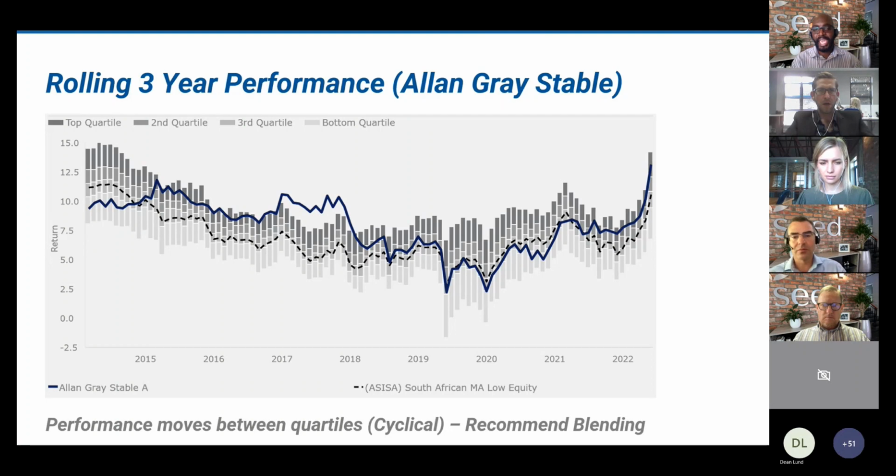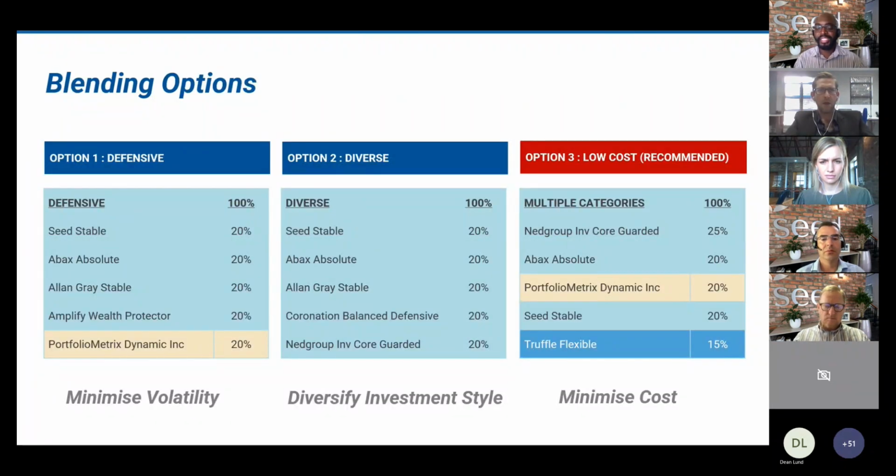So you can see that this performance can be cyclical, but it's really a matter of understanding these funds, that they actually can go through cycles, and blending such funds together is what we recommend, obviously because of the cycles that they go through, which is why on the short list, as we move on to the next section, we've got the blends that we recommend for you. We've given you funds that have different characteristics, and blending these funds together, putting them in different components, just helps to minimize the volatility over time.